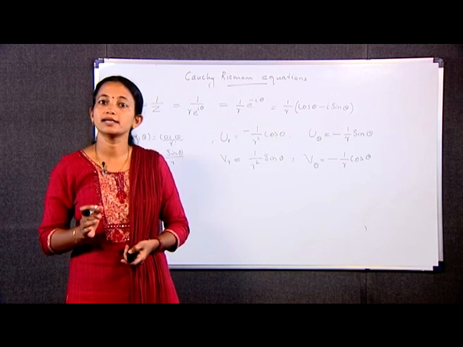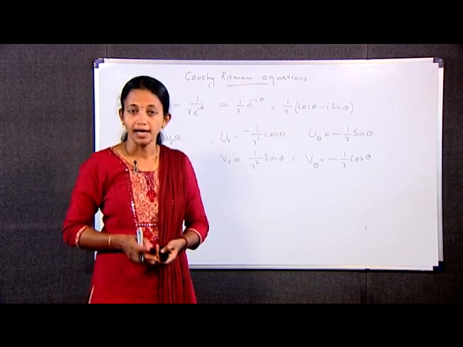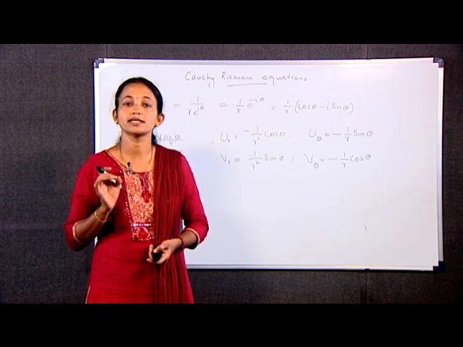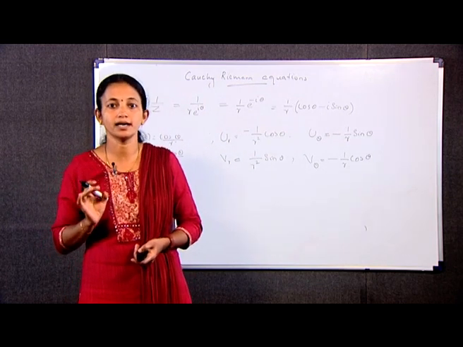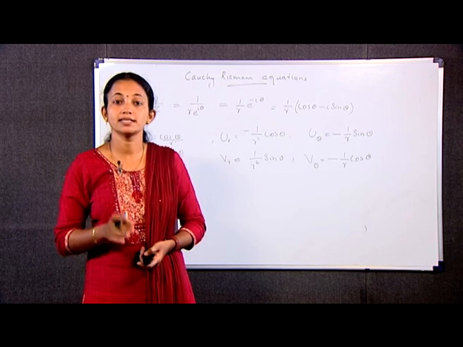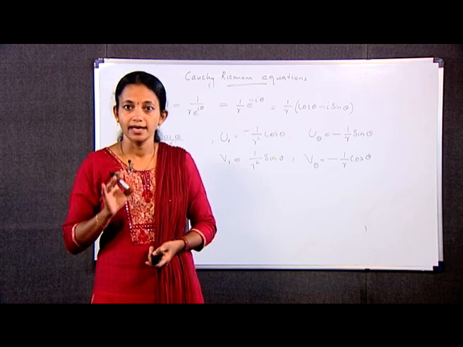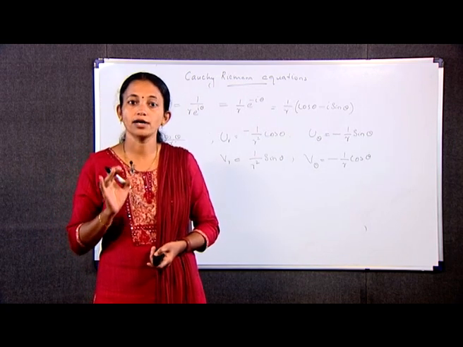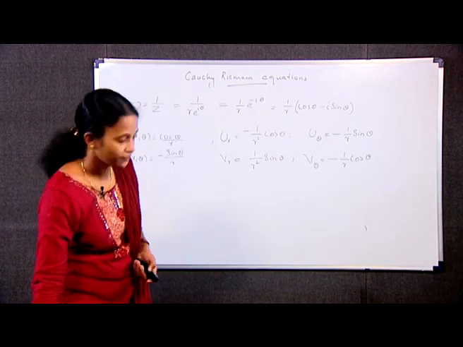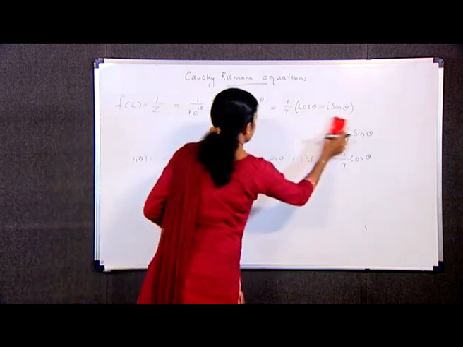Hence, all the conditions in the theorem are satisfied at any non-zero point z equal to r e raised to i theta in the plane. Hence, the derivative of f exists there, and according to the formula we have